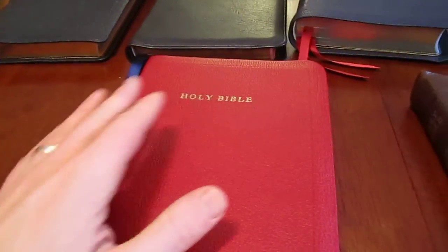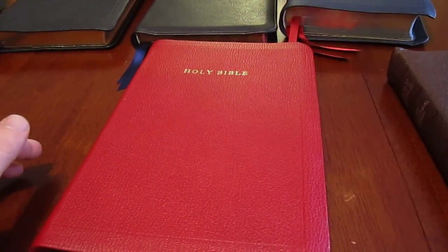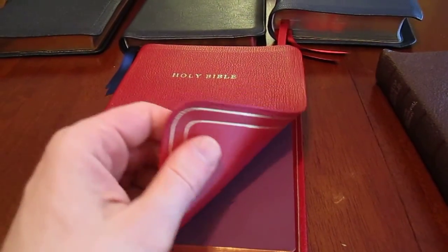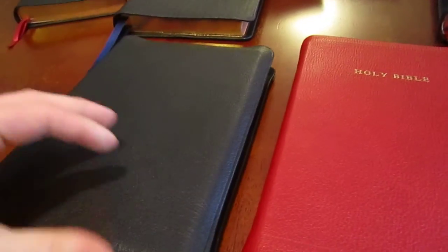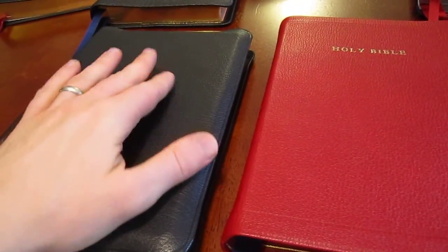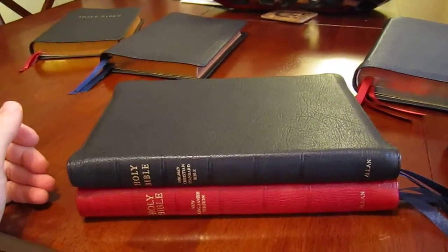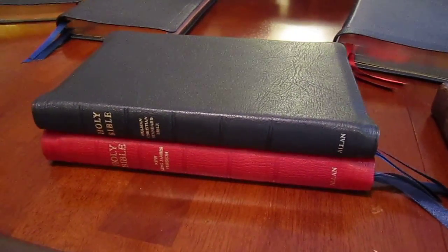Okay, so I was asked to do a quick review of the Allan NKJVs. The specific point being that the scarlet red is in a goat skin, whereas the blacks and browns of the NKJV are in a Highland goat skin. Now this isn't an NKJV here, it's an HCSB, but the dimensions are nearly the same. As you can see here, it's pretty much the same size Bible, so it'll provide a suitable surrogate for analogous